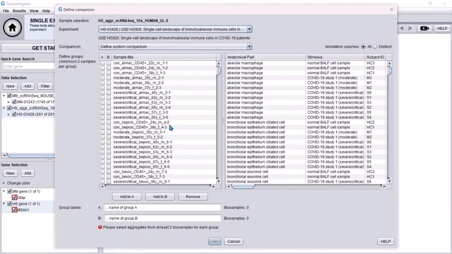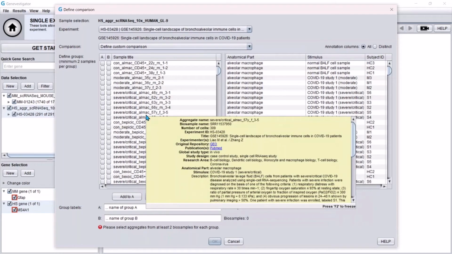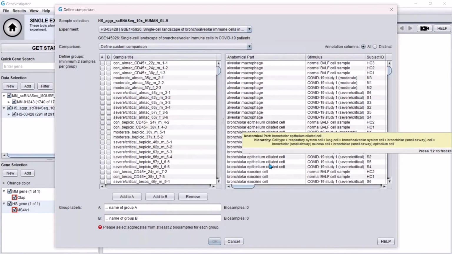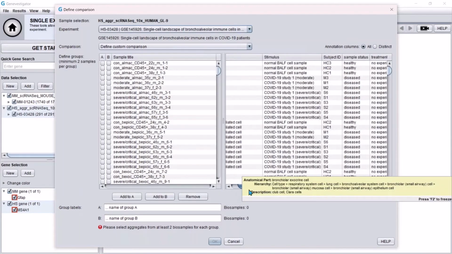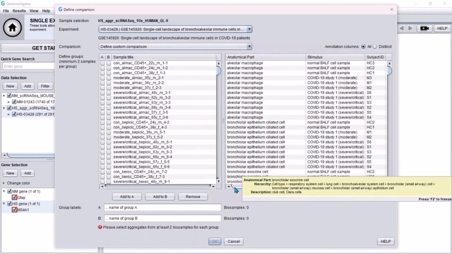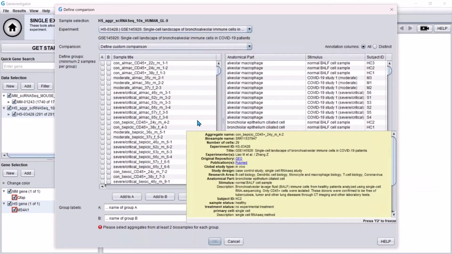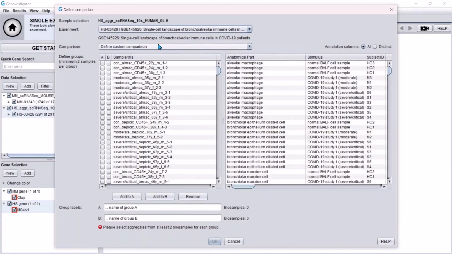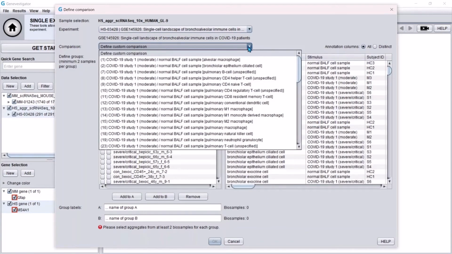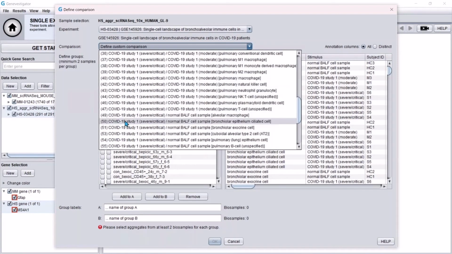Here on the left, you can see the different aggregates as this is an aggregate level study. You can make your own group selection based on the different annotation columns that are available here on the right. Or you can make use of the predefined comparisons that have been carefully assigned by our domain-level experts, which can be found in this drop-down menu. If we take a predefined comparison, such as the one observed here, this will allow us to compare between severe and healthy alveolar macrophages using a few clicks and in a matter